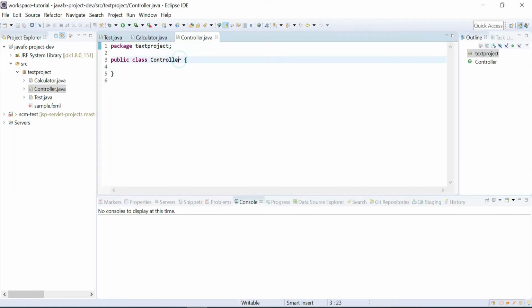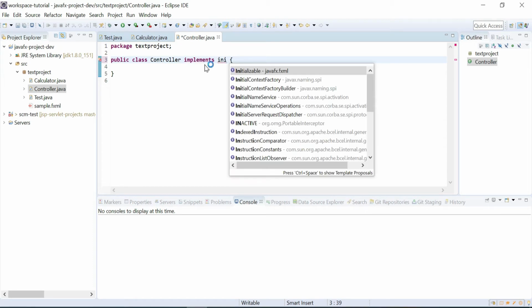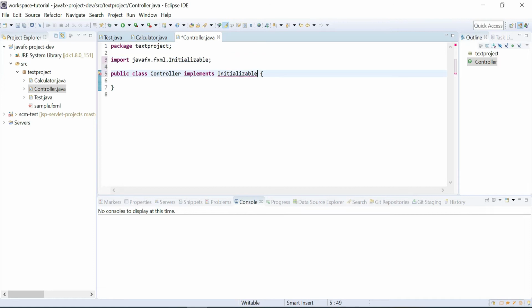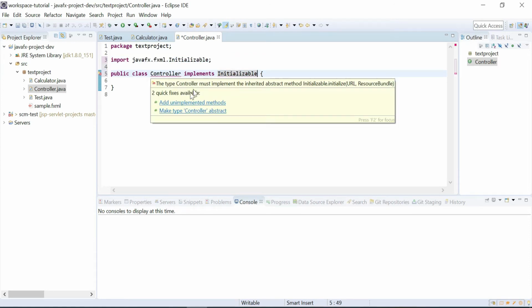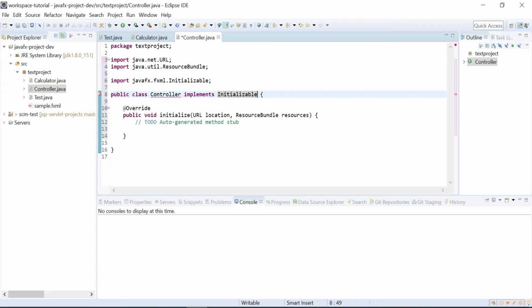into the controller. So the controller needs to implement Initializable. We have to implement one default method, that is initialize.